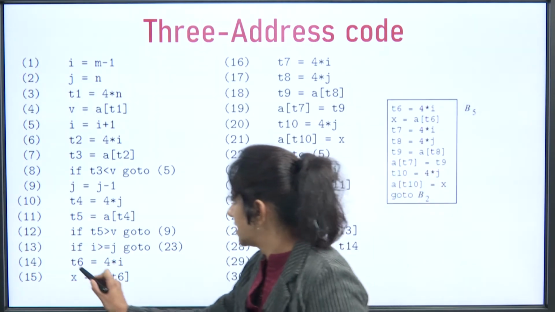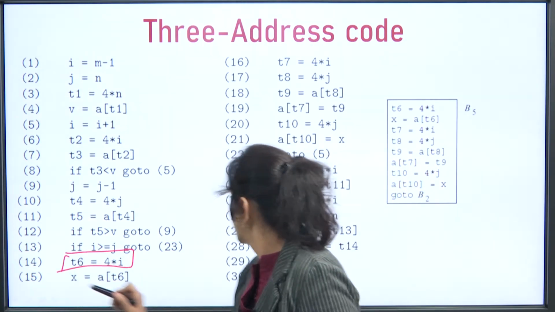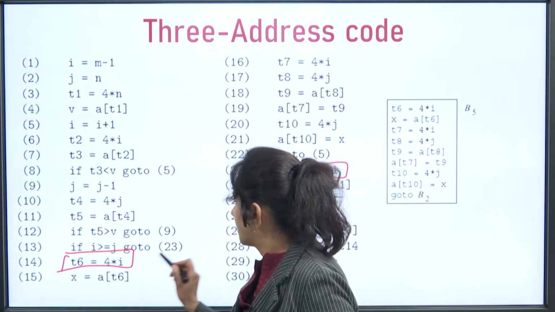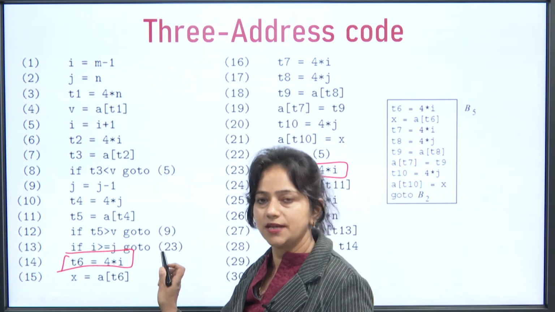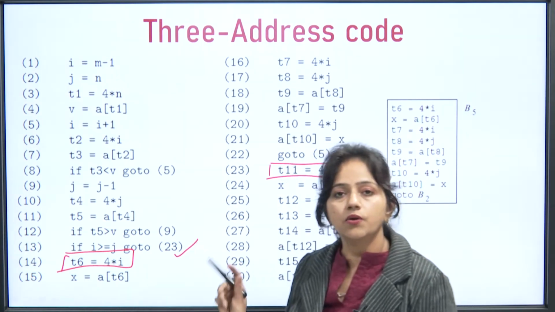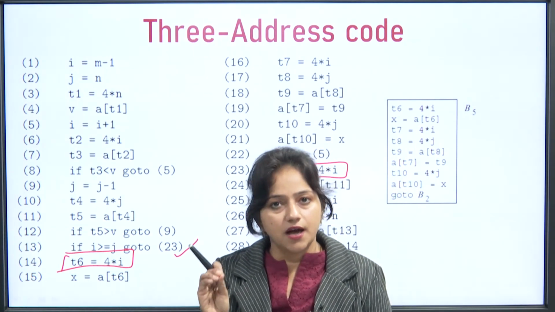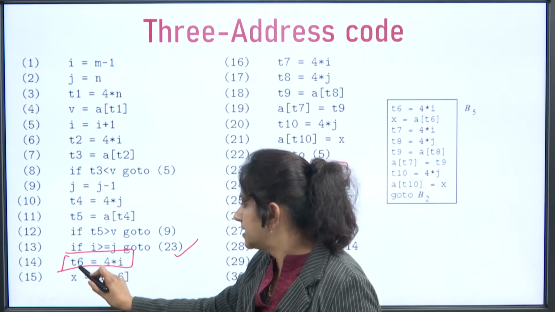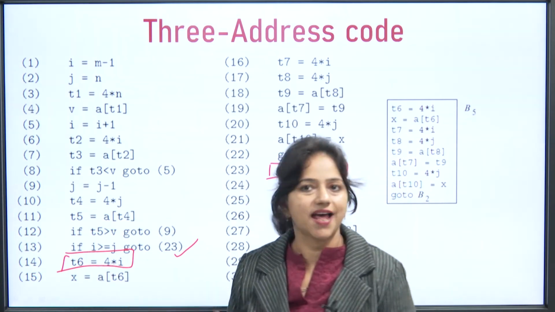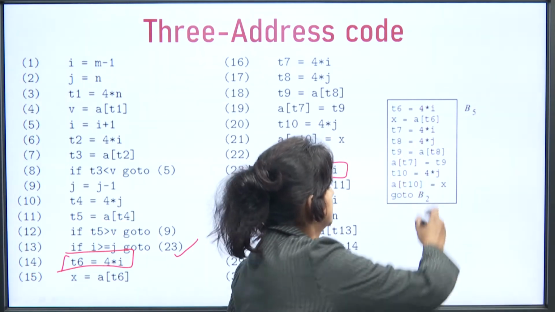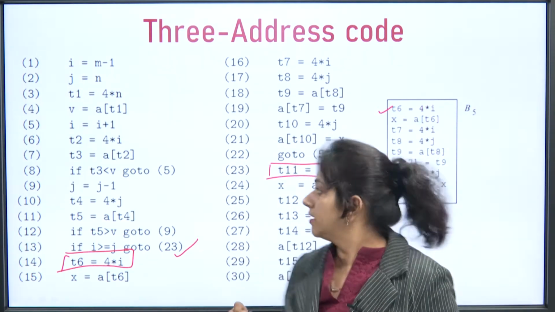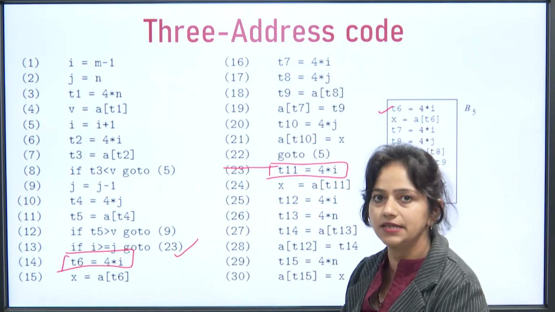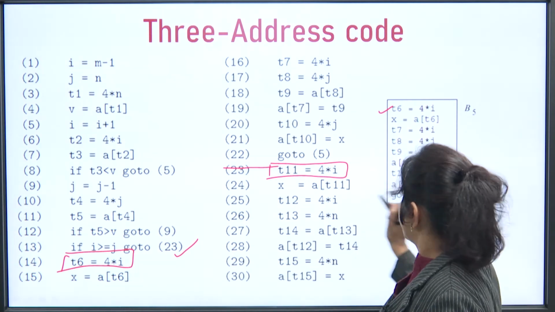So, what we can say here is this is the leader and this is the leader. We have covered all the leaders, all the statements up to here. We already know that every 3 statement will come exactly in one block. Now we have T6 equal to 4i, so we will start to implement block 5 with T6 equal to 4i and keep all statements up to here, because this is the next leader. So we will keep all statements up to go to 5.